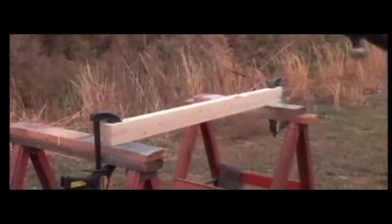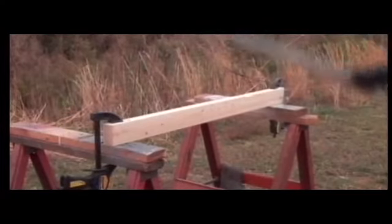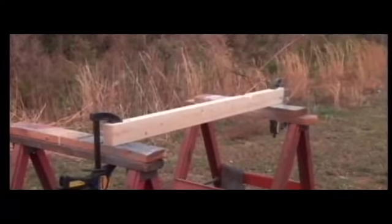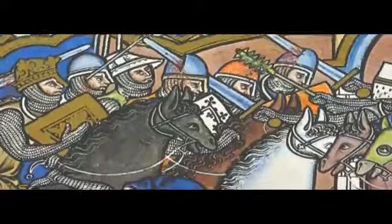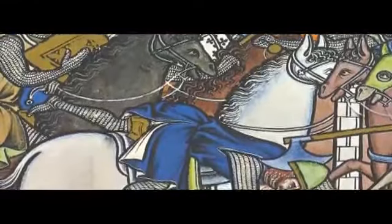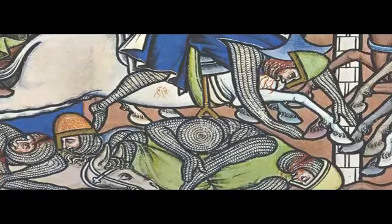A wooden 2x4 is our target to demonstrate the tremendous chopping ability of the sword. Even this seasoned lumber is no match for a sharpened blade and a good arm. Other than some minor scratches to the blade surface, the cutting edge remains firm and sharp. This same cutting and chopping was never more effective and deadly, especially when coming directly in contact with an unprotected